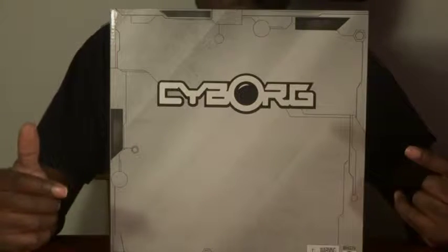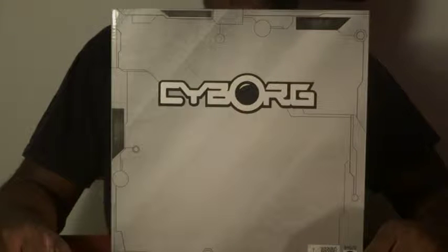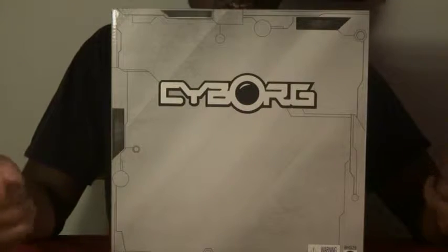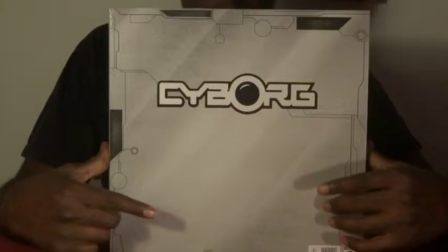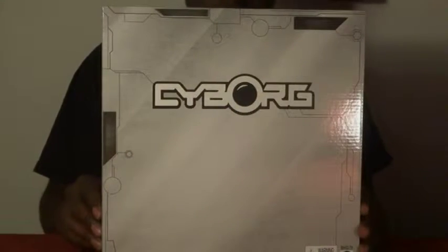This is Scorpion 72 for another review of the San Diego Comic-Con exclusive from Mattel, the Total Heroes Ultra Cyborg. So this is the packaging we have for Cyborg that was offered at San Diego Comic-Con